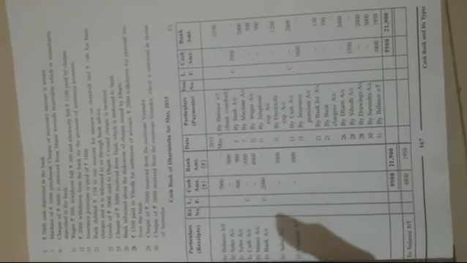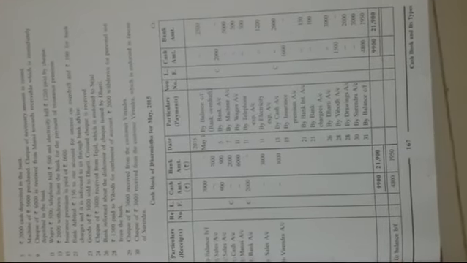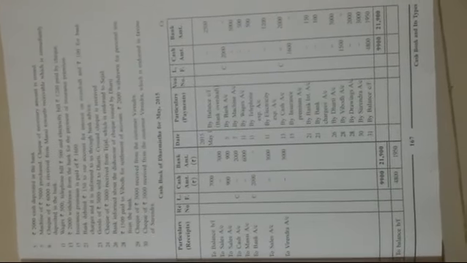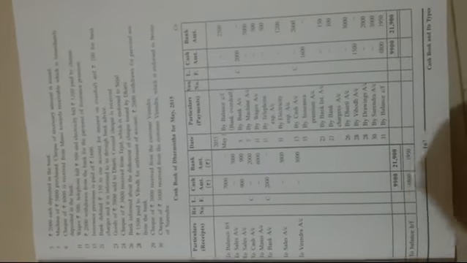So this entry would be passed on the credit side because the business pays cash as bank charges, then interest on bank overdraft. This is considered as an expense of the business. Bank charges, then commission, then bank interest on overdraft. These are the expenses for the business. Therefore, it would be recorded on the credit side of the business.